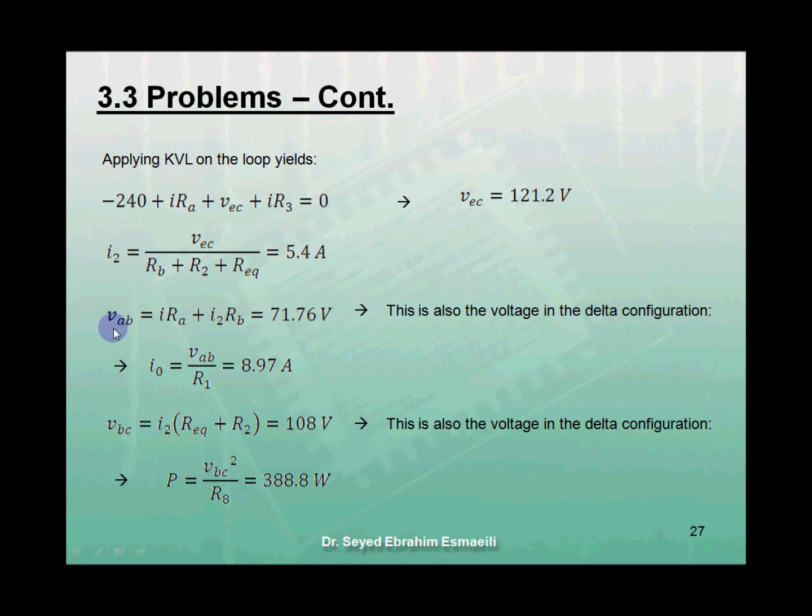The voltage difference between nodes A and B, VAB, equals I times RA plus